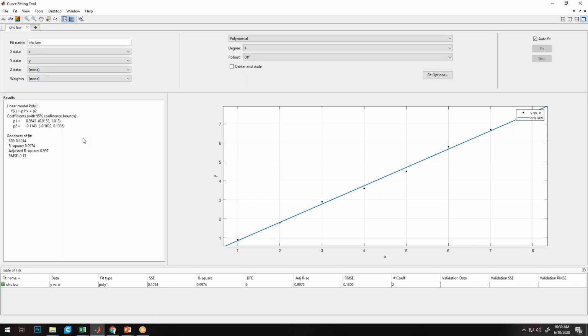Ohm's law experiment. So here what happens, by default, MATLAB is set to a polynomial of degree 1. Whatever you are seeing here is giving you an equation of a straight line, like what will be the best straight line that can fit on this experimental data with least error. So it is giving you an optimized equation of a straight line.